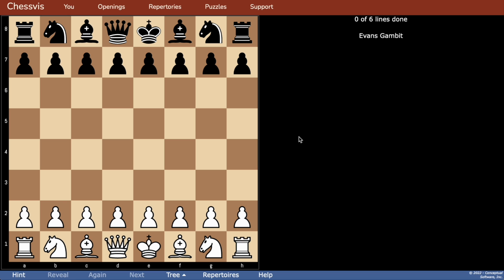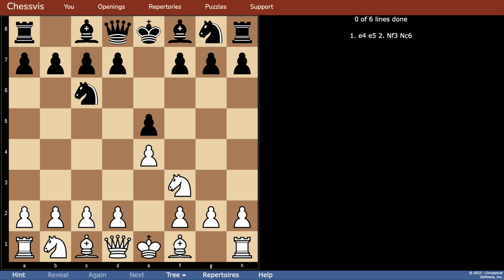So the first and simplest tool is the hint button down on the toolbar. It will tell you what the next move is that you should be making. So let's go ahead and play a few. And the computer will come back with one of the branches that is being followed. And then our next move is knight out, and then bishop out, and we know that the next move is